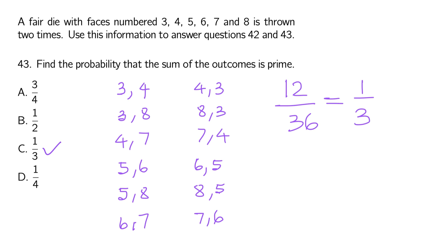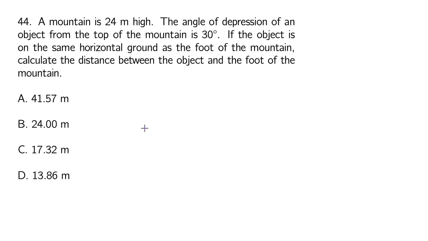The next problem is question 44. It says a mountain is 24 meters high. The angle of depression of an object from the top of the mountain is 30 degrees. If the object is on the same horizontal ground as the foot of the mountain, calculate the distance between the object and the foot of the mountain. So we have this mountain, let's say this is the ground, and then there is an